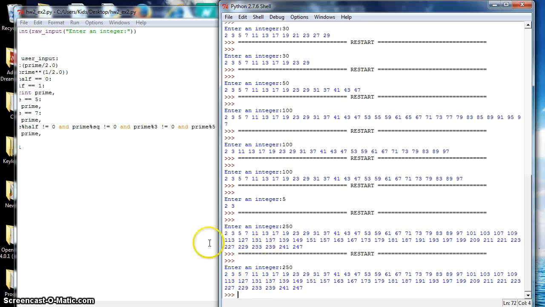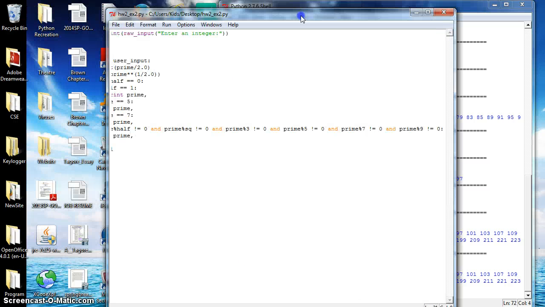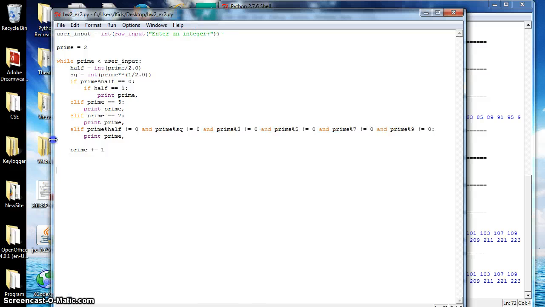Just to lump another one in here. So this is what we did. As you can see, what my problem was is that there was a lot of hard coding, like 5 and 7, and then these right here. It's not exactly programming. We're just lumping numbers in here. So we prompt the user for an integer input, and then we start prime number 2 because 1 is not prime. So we start at 2,